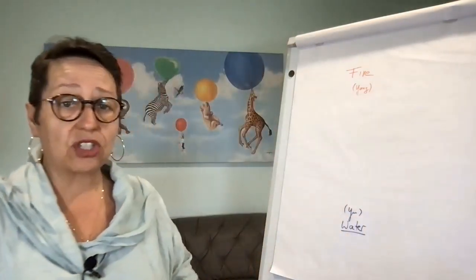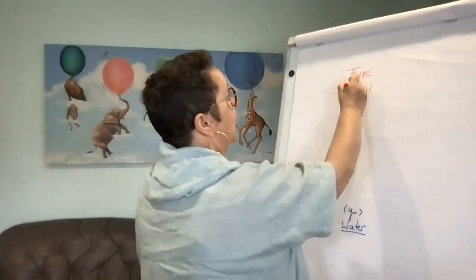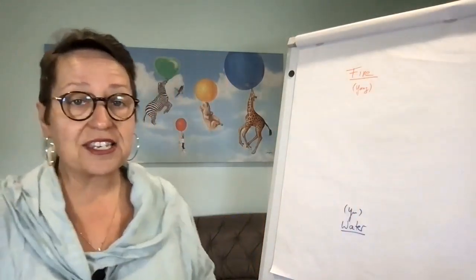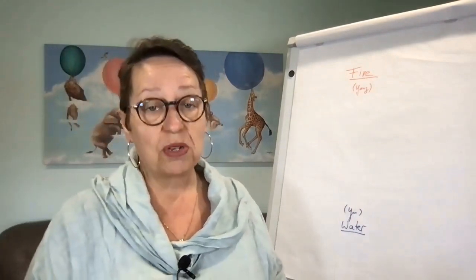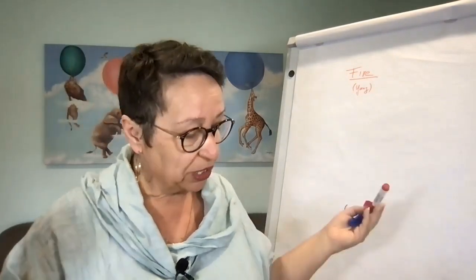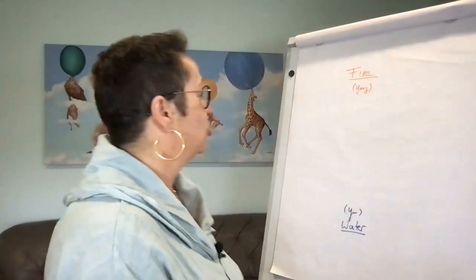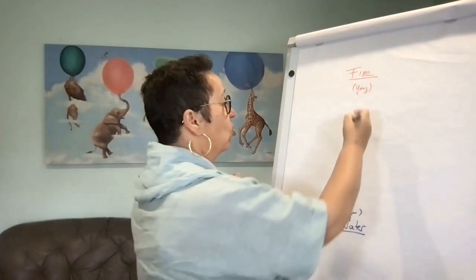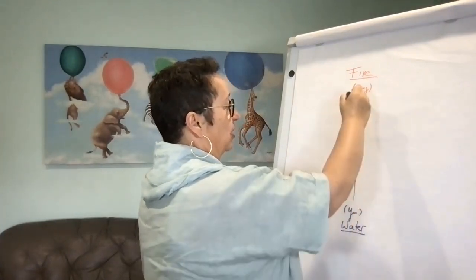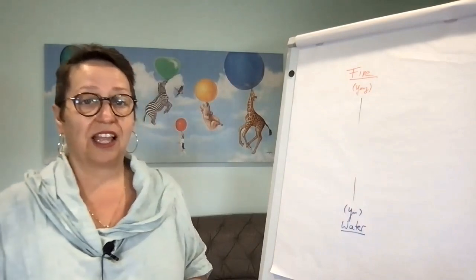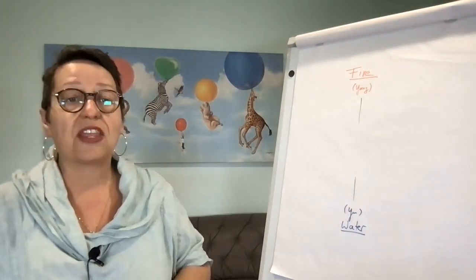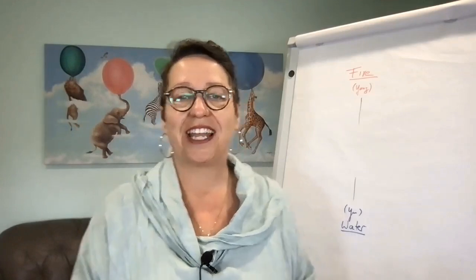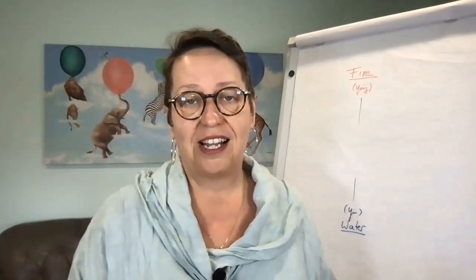So we already have two elements: the element for the highest yang, the fire, and the element for the lowest yin, which is the water. So the question is now, of course, how do we get from yin to yang and from yang to yin? What's quite obvious is that there is not a direct way from yin to yang and from yang to yin. There is no such thing. It's either or, isn't it? It's like with yin and yang, and 0 and 1. Either we have something burning, or it is in the water.